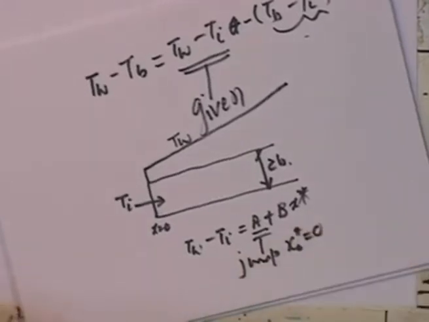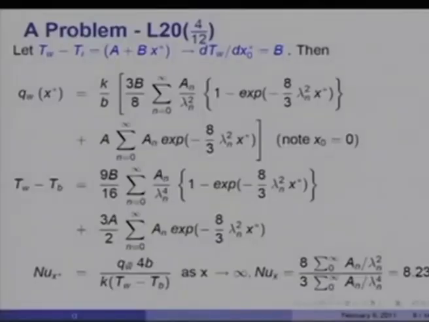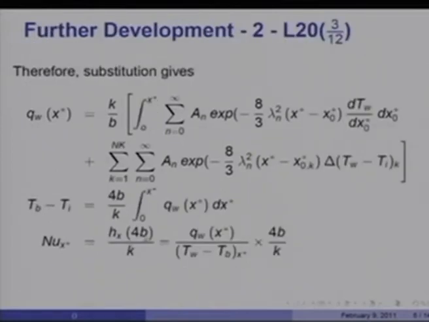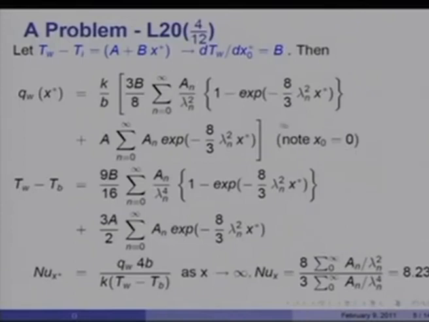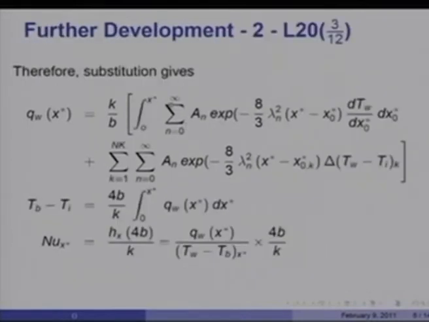So, let us see how the equations develop. If I were to substitute this variation of T w minus T I in the previous expression here, dTw by dx naught star would be simply capital B. So, that is what this would be, and the integration of that with B here. B simply is a constant, and it would come out, and the integration of this equation with x naught